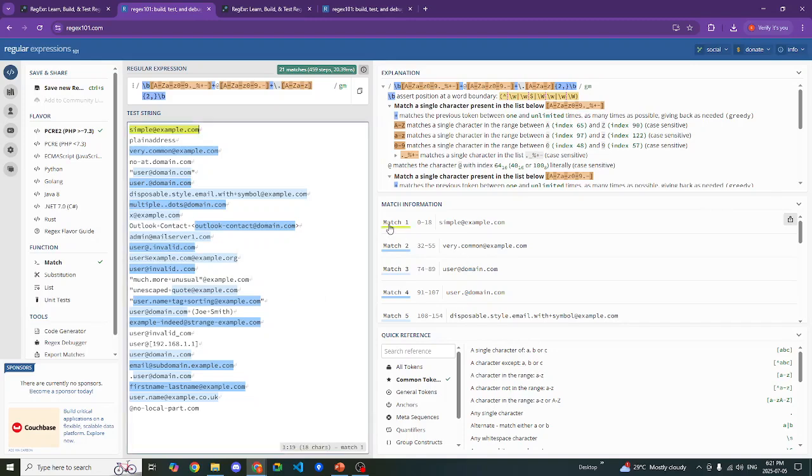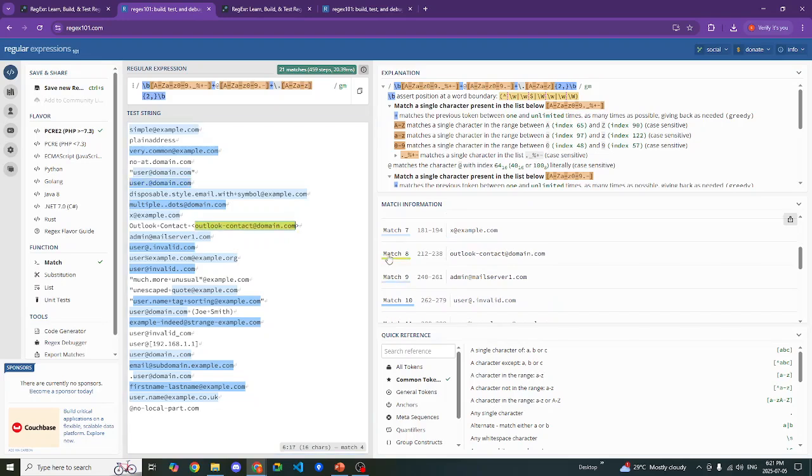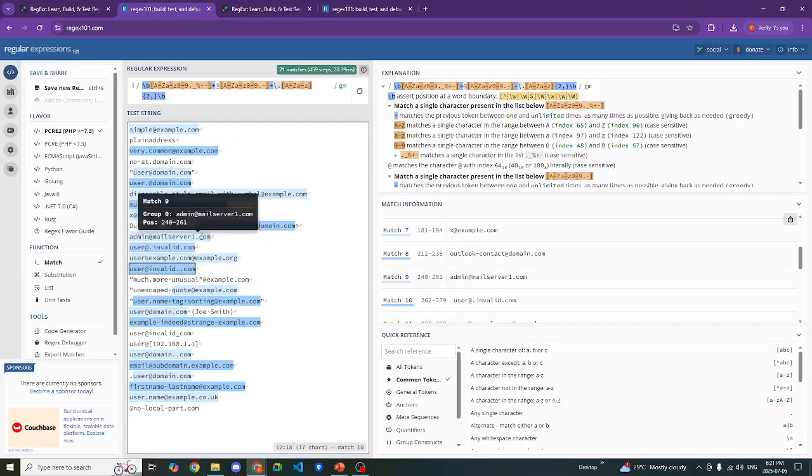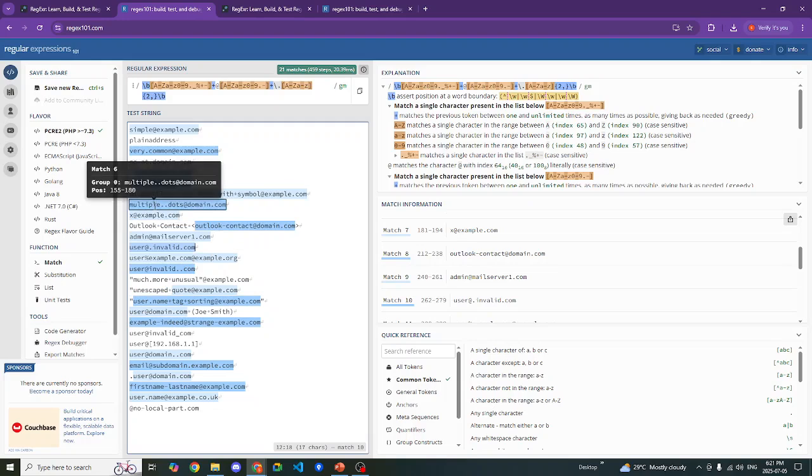So for example, it gives us information that match number 3 is from this character to this character, and it clearly shows where each match starts and where it finishes, and it's color coded. When you hover over it, you can see the details of it. It assigns groups,